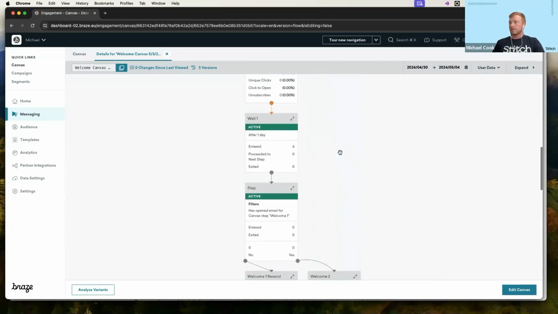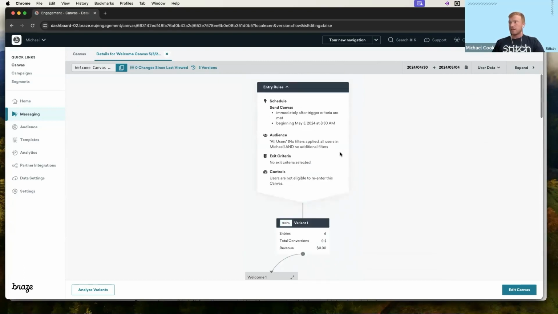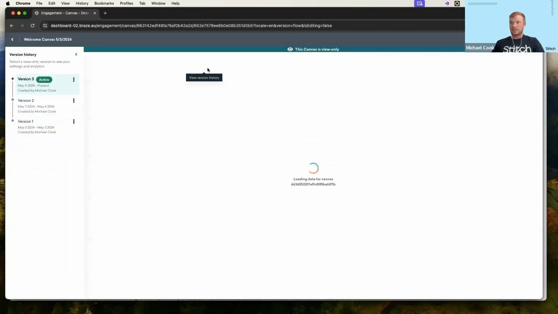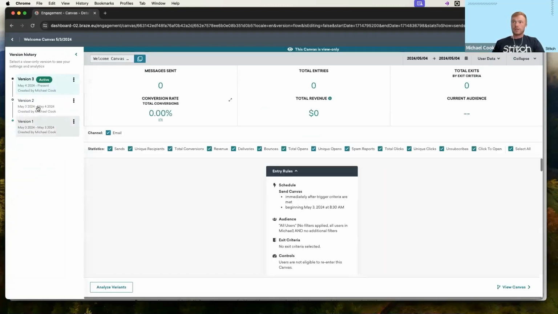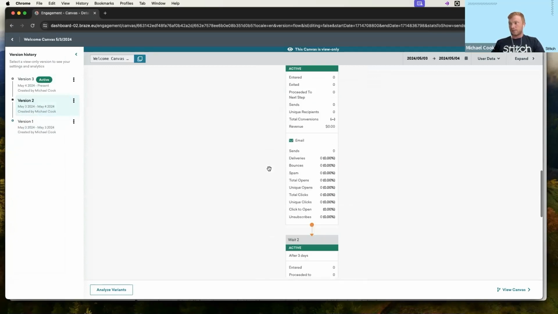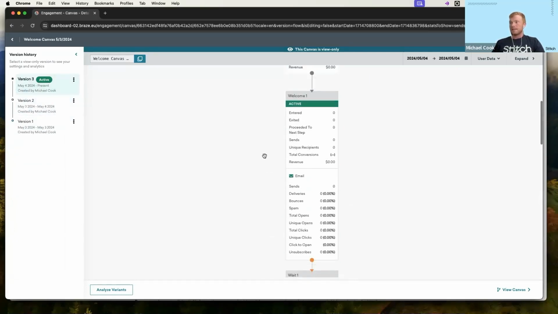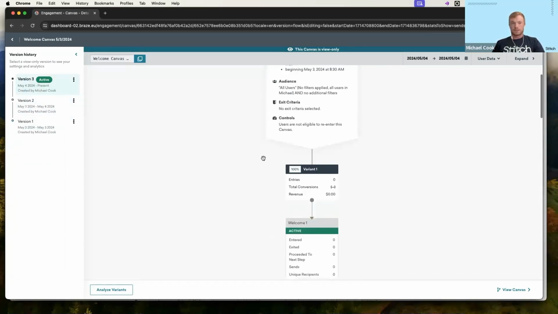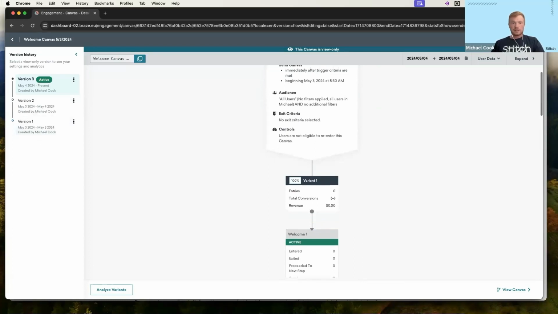So that is everything that we needed to cover in terms of history and versions and editing a live canvas. And now if we go back here, we can see version 2 is here and discard it if we wanted to. And you can see how long it was active. It was active from May 3rd to May 4th. And you can see the changes that were made. And now we can see our active one here. So that's everything you need to know